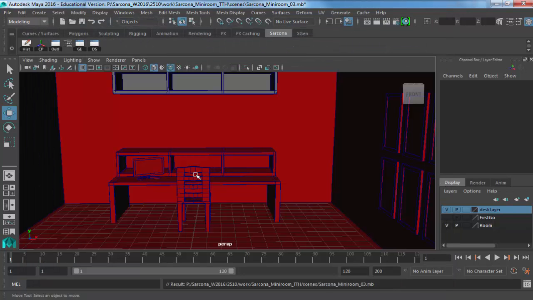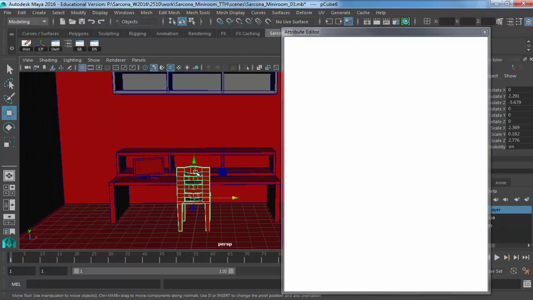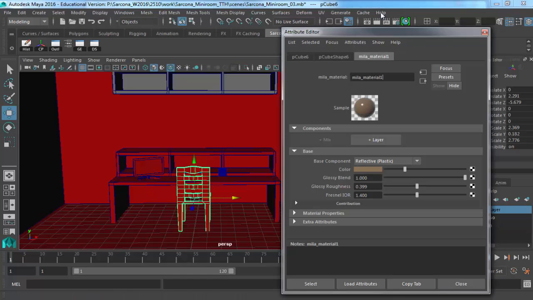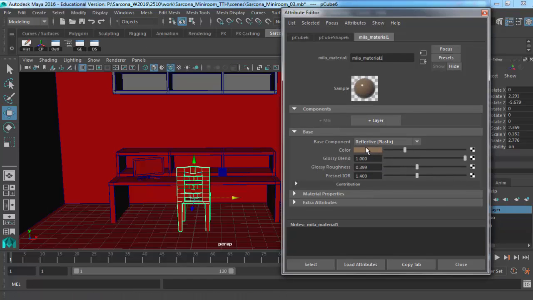So now what I'm going to do is grab my chair, hit Control A to bring the attribute editor back up. And what I want to do is, instead of this wood flat color here, I want that picture to be loaded there. So on the far right, we have these little checkerboards. The checkerboards mean mapping. So anything with a checkerboard, we can map to. So if I click on the far right checkerboard for color,